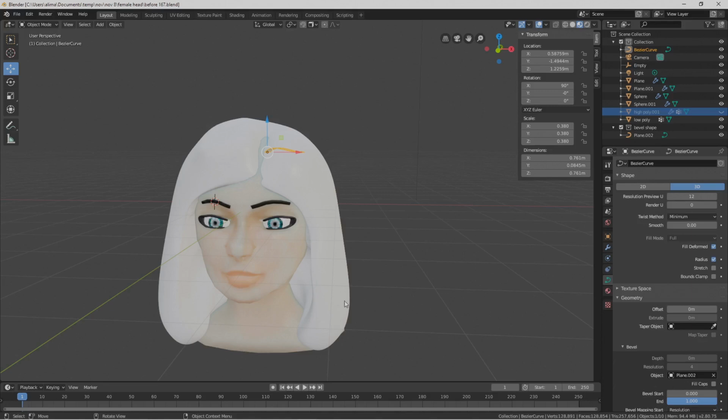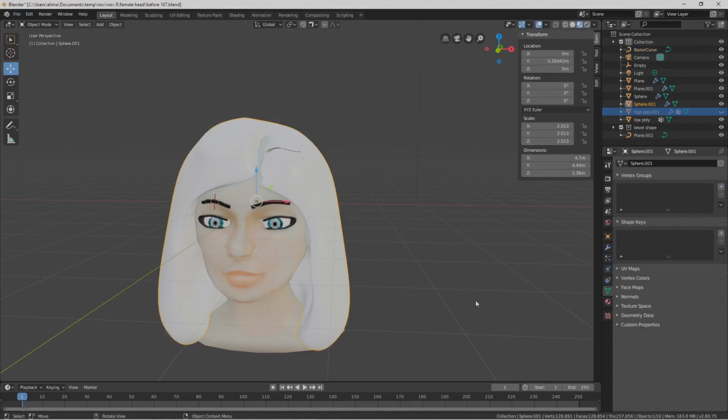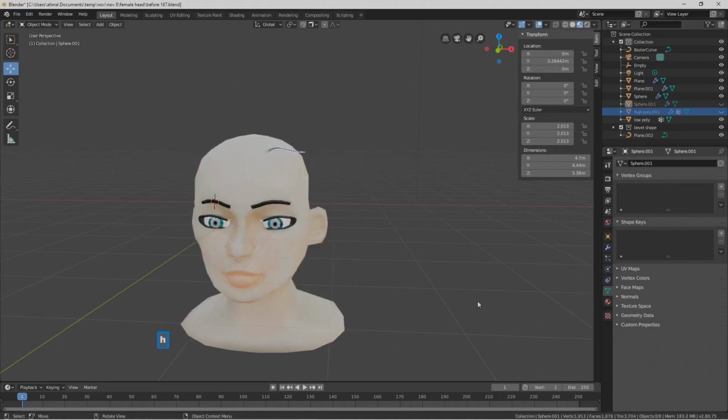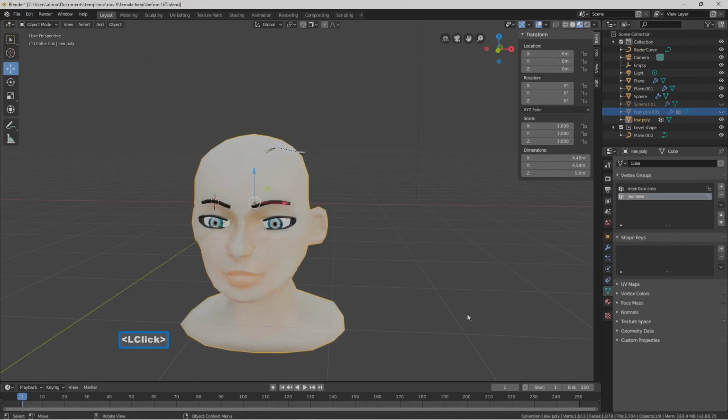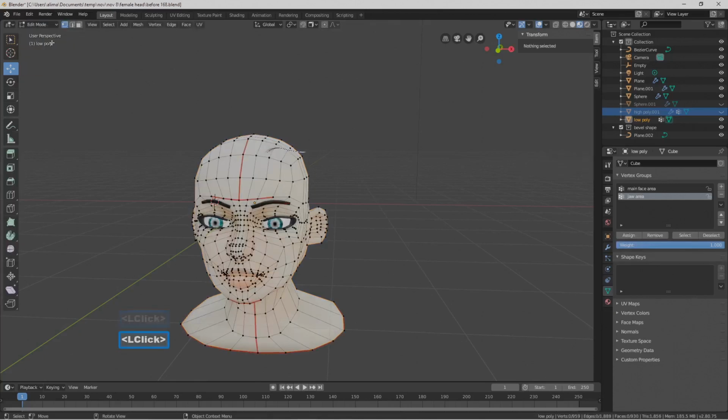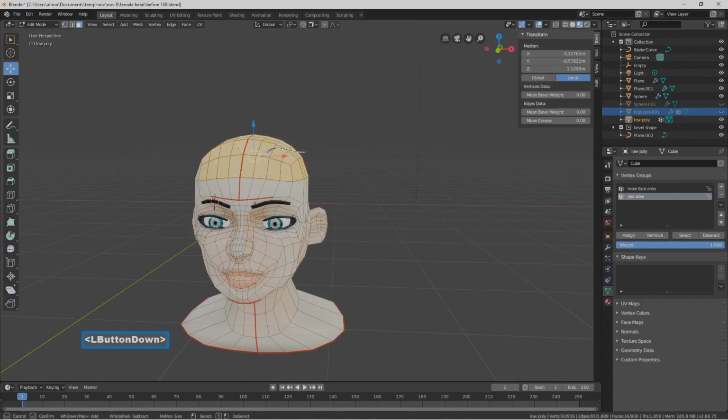So what we're going to do is left click on this hair block out. We're going to press H to hide that. We're going to left click now on our head mesh. With the head mesh selected, we're going to go to the upper left. We're going to go to edit mode. What we're going to do is now go to face select. We're going to press C for paint select. We're going to paint